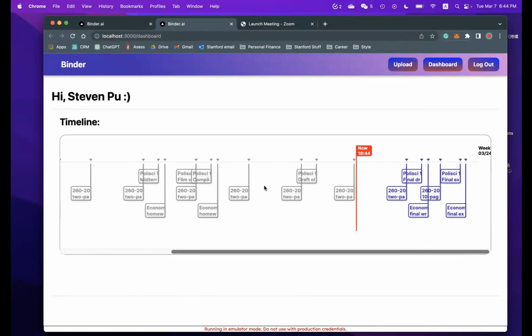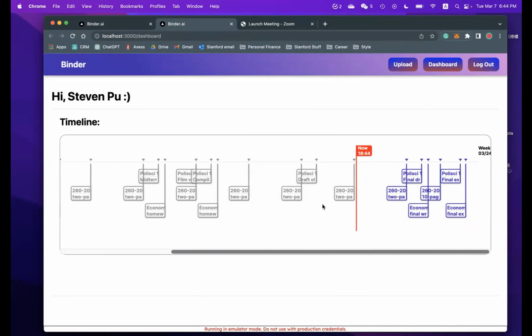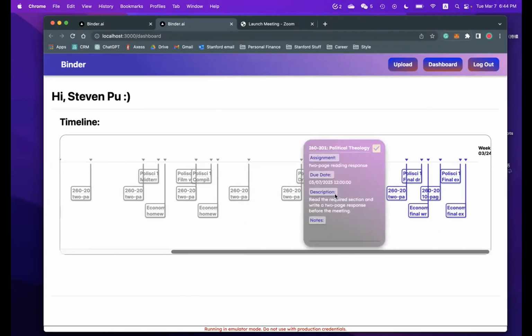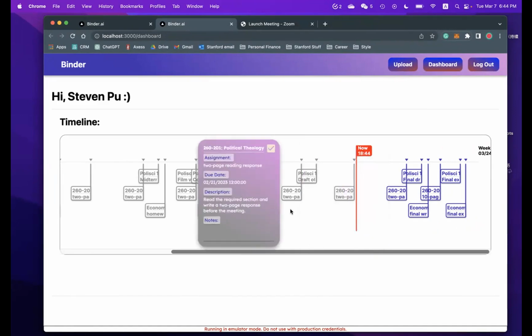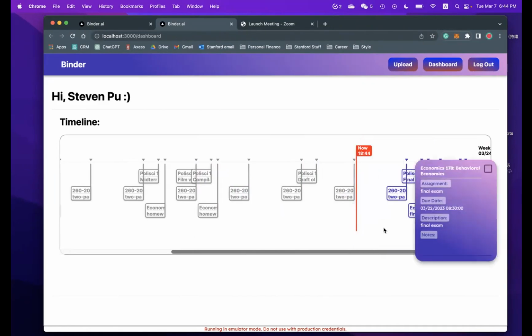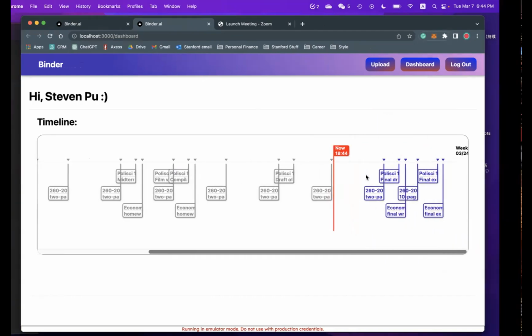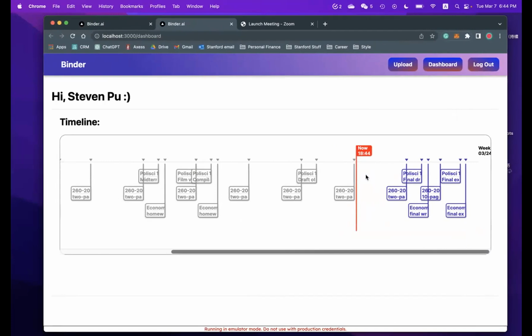And you notice that the red sign here is today, it's right now actually. And the gray sign means that the assignments are already due by the time of extraction of the syllabi. And you can click here and view more information about these assignments. And here, these are the assignments that are still coming. So this is what I have so far, but the idea is to further gamify the process